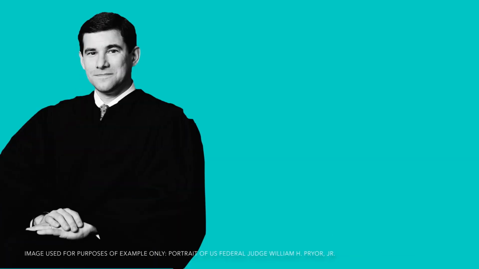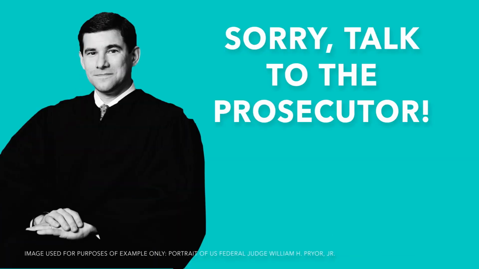One thing I should say about immunity is in the federal system, the government holds all the power, all the cards. This is one of the few areas where a federal judge is actually powerless. So a judge cannot order a prosecutor to give a witness immunity. It's actually something that the prosecutor decides. And in the federal system, it actually goes beyond simply the prosecutor's office. It's actually a decision that goes through Washington. So that's a little nutshell about immunity in the federal system.